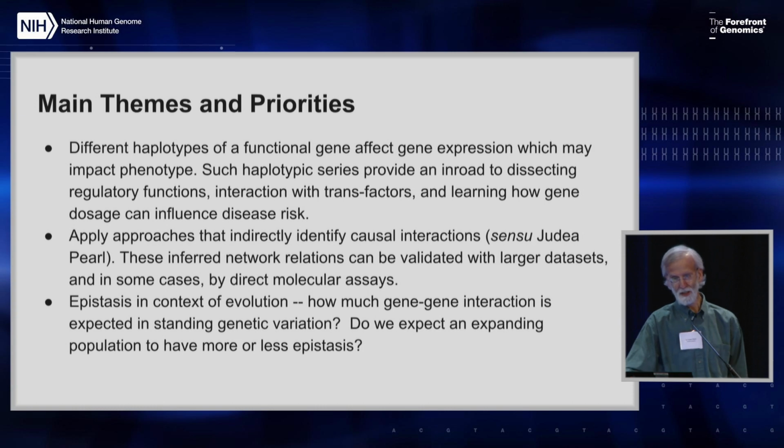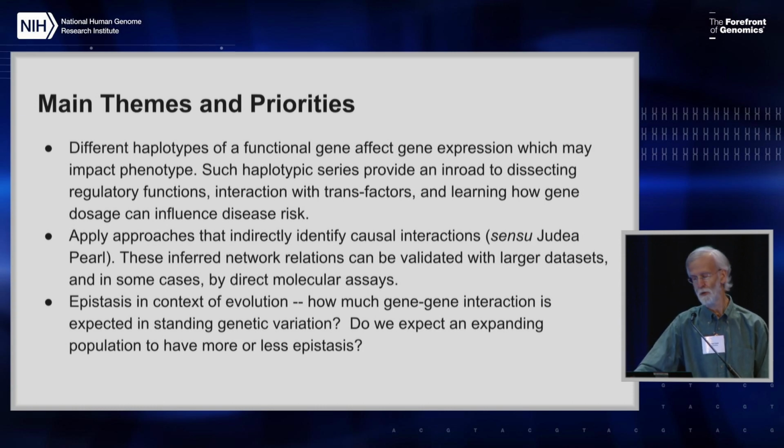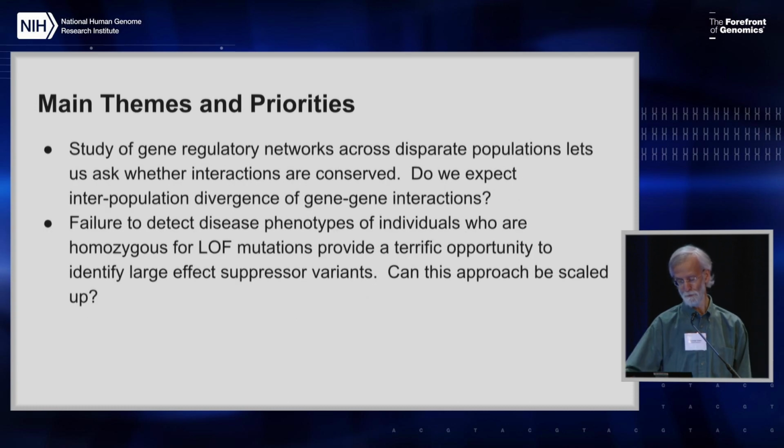Evolution came up in our section as well, and of course epistasis was of considerable interest to many evolutionary biologists. So the role of gene-gene interaction, or as Richard Lewontin put it, context is of the essence, in the way that the allele frequency dynamics of a gene are impacted by other genes is, of course, critical in evolution. So how is this relevant to the human condition? How is it relevant to particularly the situation where we have in humans a very unusual genomic situation of a rapidly expanding population giving us lots of very rare alleles, potentially of larger effect, potentially a lot more epistasis, in fact, in humans for that reason.